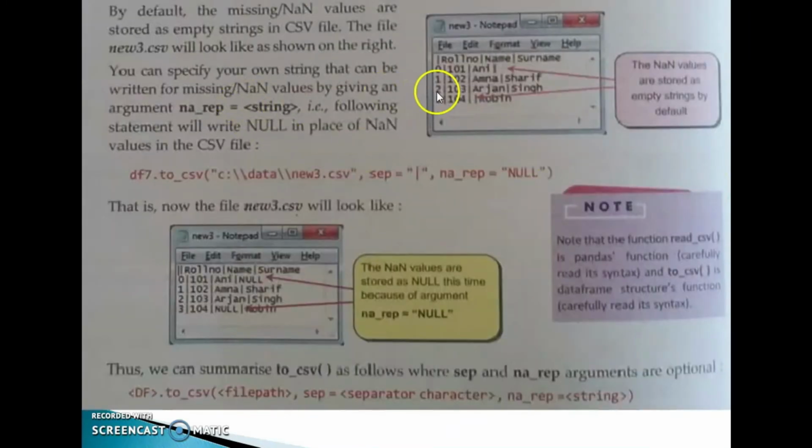Consider this one. We can see the values. Here the NaN values are stored as empty strings by default. Here no values are there. That means that is an empty string. NaN values are considered as empty strings by default. But we have to use the null values, null values instead of these empty strings. How can we use these NaN values in this